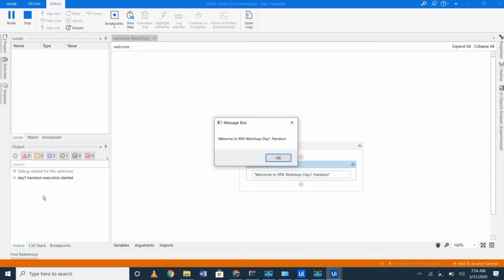So this is your first RPA program. Hope everyone tried it in parallel and got the same output. The one mistake you might make is that you have to type everything within the quotes. Is the first program clear?